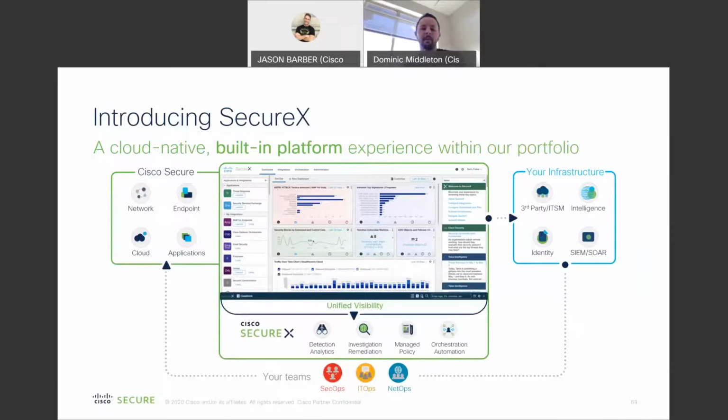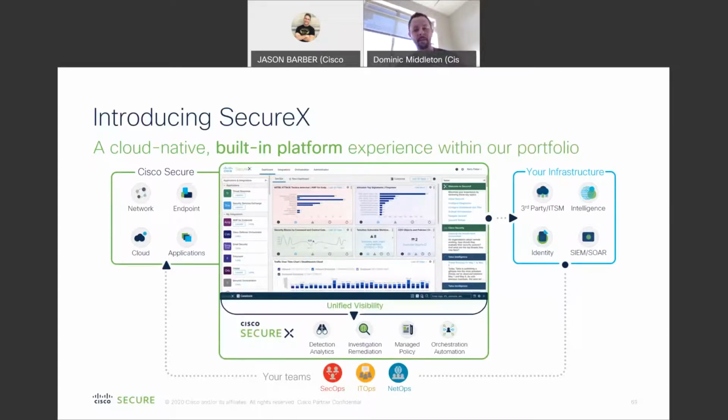Want to talk really quick about SecureX now, just for a slide, going back to the integration side of things. This is where a lot of Cisco security is headed today, having a solution in place which is a single dashboard that combines and integrates all of our different security solutions, and not just from Cisco, but third-party security solutions as well. Our Talos intelligence, third-party intelligence, SIEMs, SOARs, you name it.